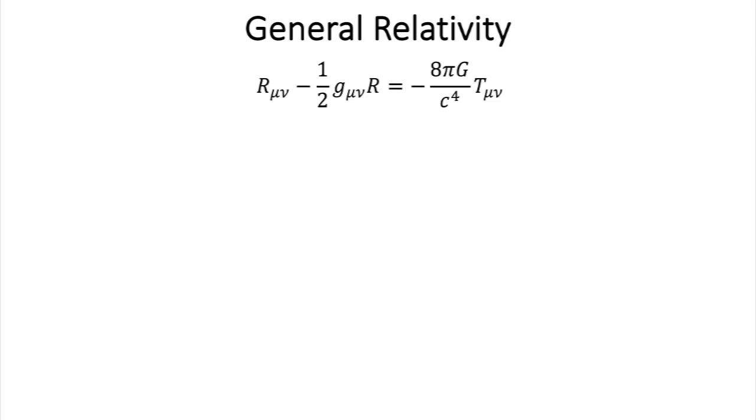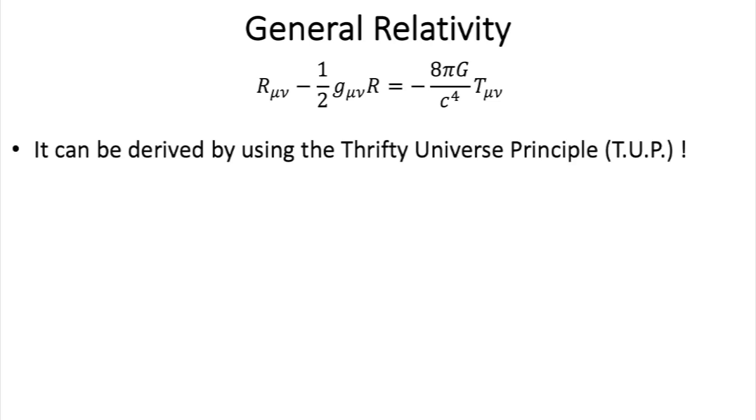In the classical physics world, in 3D space, there are several ways to express the laws of motion, which means to describe in the mathematical world the movements that we can measure in the physical world. One of them is Newton's way, another one is the Lagrange way, a third one is the Hamilton way. Well, it turns out that my favorite one is the Lagrange way. Why? Well, because we can directly derive it from the TUP, of course.